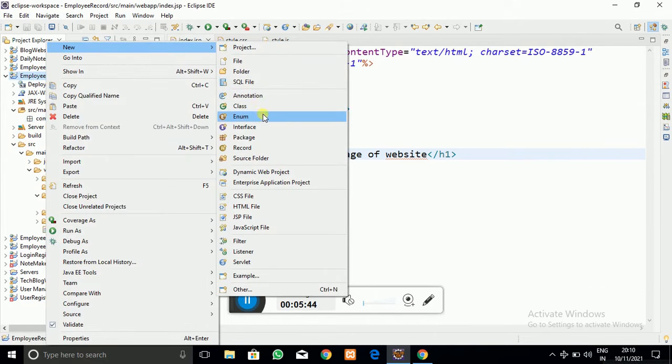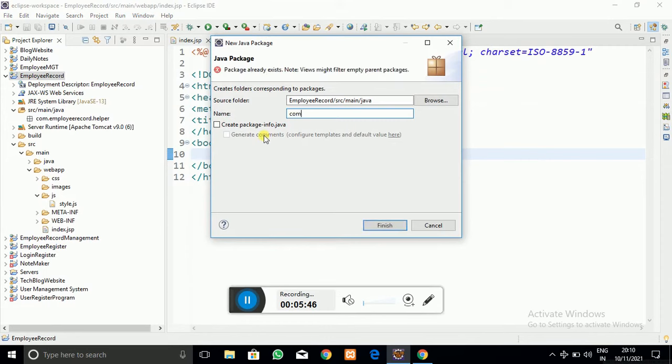Into that I am going to create a new package also, which is for entities. Here we are going to use two entities, that is the system user entity and the employee entity. So for that purpose I am going to create a package.